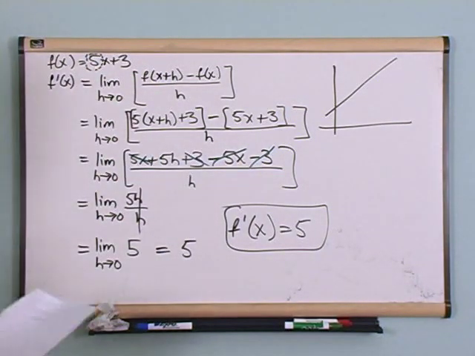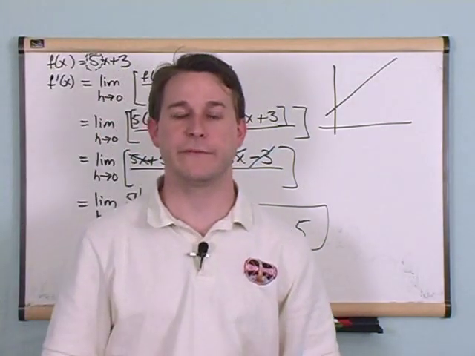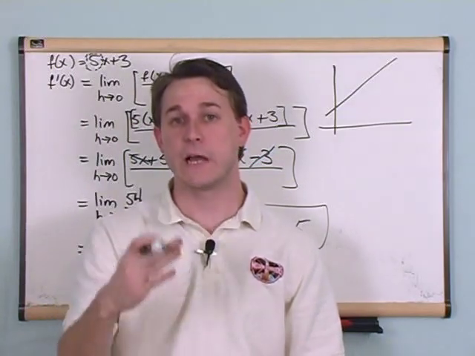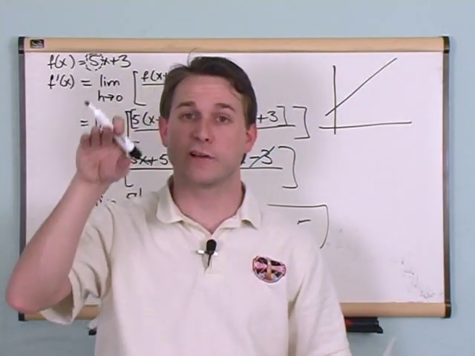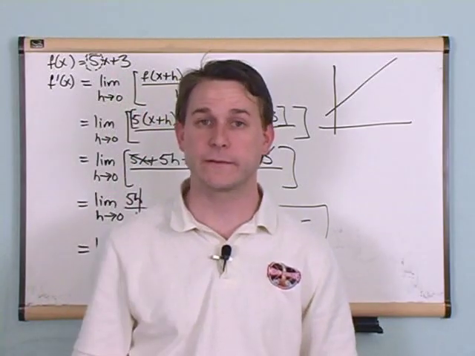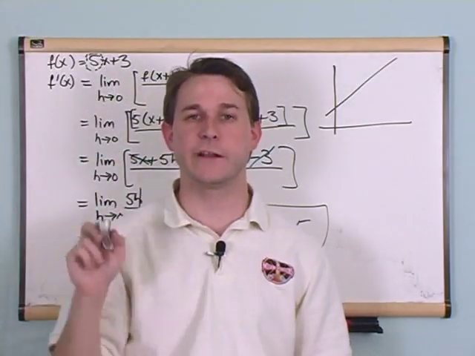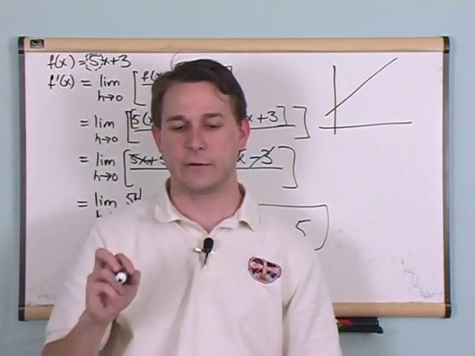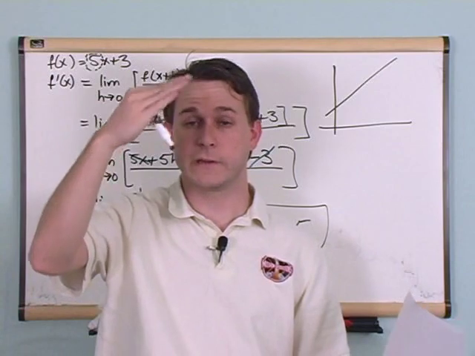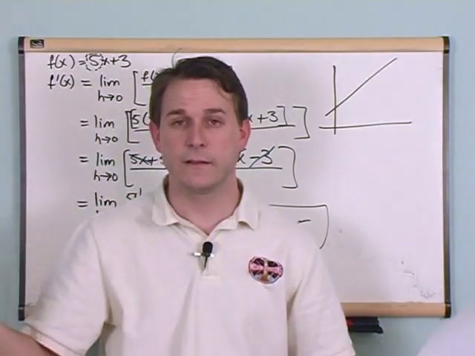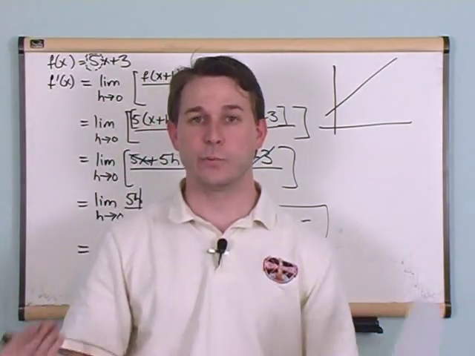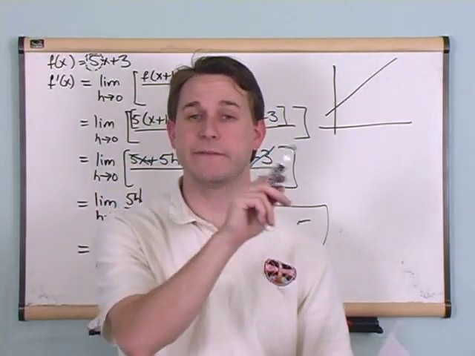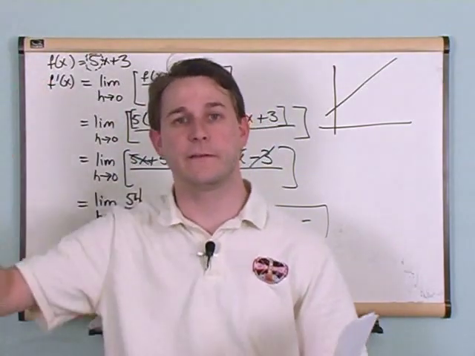So in this section, what we've done is we've introduced derivatives conceptually. We've said that the derivative is the slope of a line, or equivalently, if it's a curve, it's the slope of the line tangent to the curve at a point. So at any point along a curve, I can define a derivative, which will be the slope of the line just barely touching it. And so in the end, generally, if I take a formula like f of x is equal to some function of x, and I take the derivative of it, I will get another function which will be representative of the slope of that original curve at all of those points along